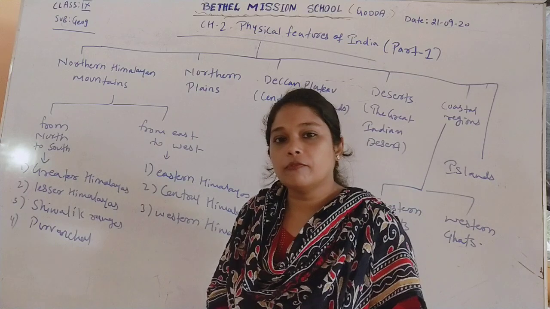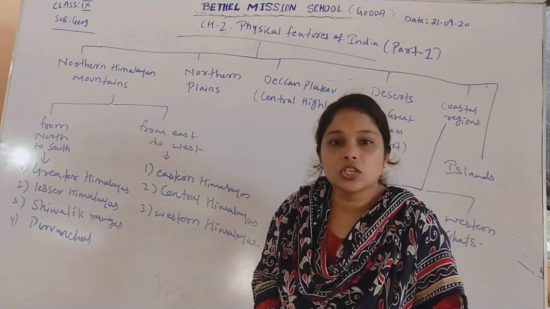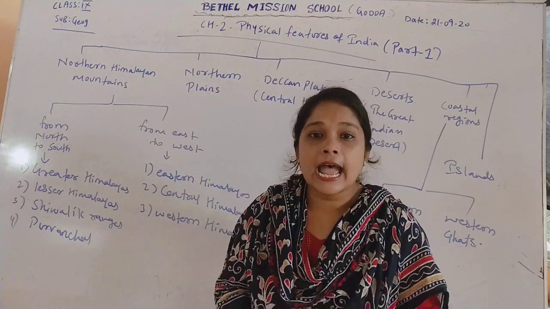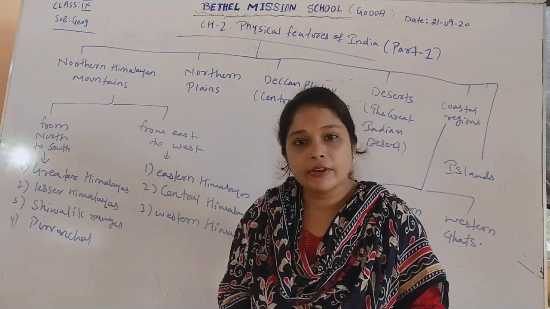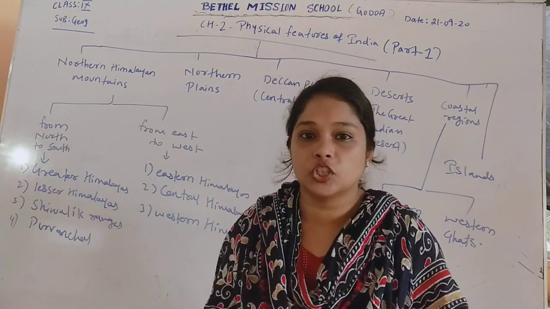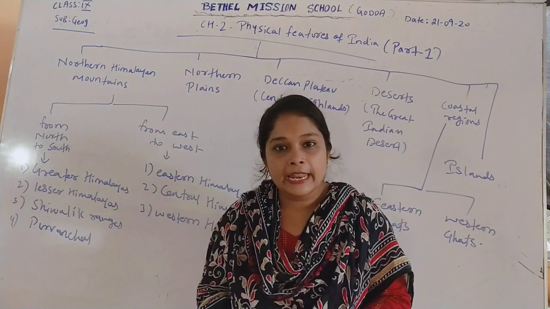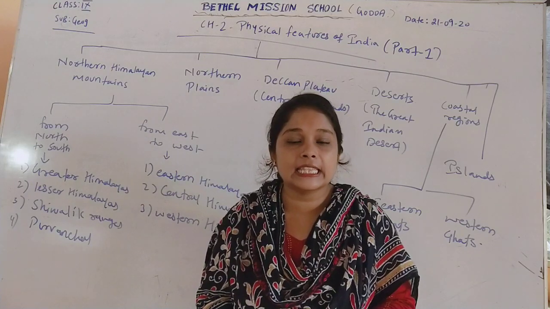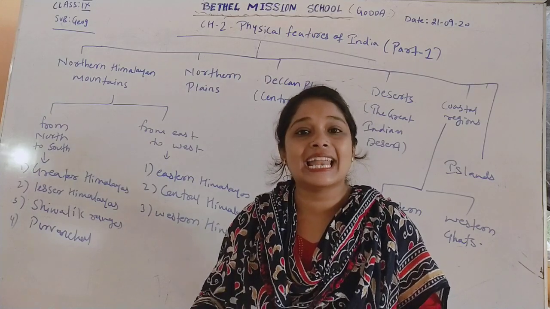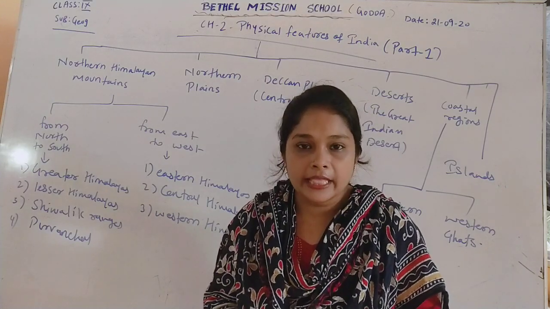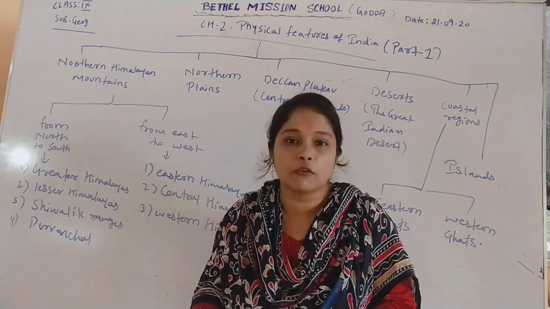Now in this particular chapter, physical features of India. Now what is physical features? Physical features means landmass or land property of a particular place or of a particular country. Like when we talk about India, we have seen in our first chapter that India is located in the northern hemisphere, and as an Asian country, India lies in the southernmost part of Asia, which creates a different landmass pattern in India. And that different landmass pattern is called the physical features of India.